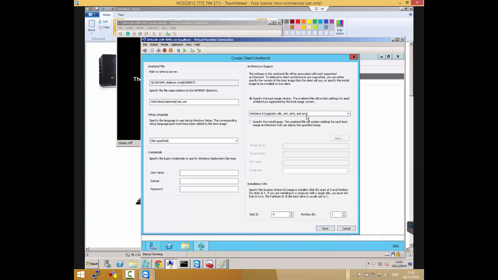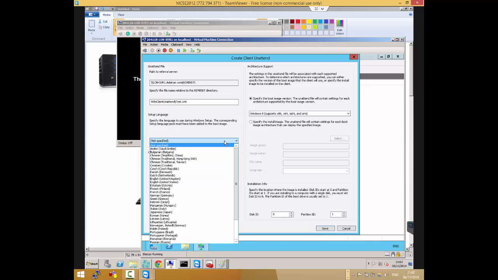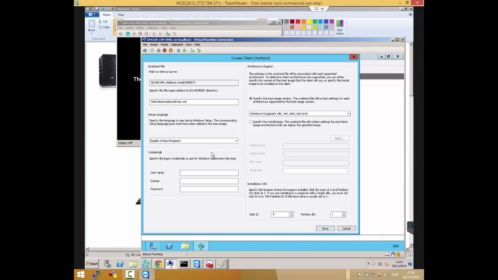So for example, I can go to this one, setup language. All these things about which language you want to install, which keyboard you want to install. You get the point. So this part, this Windows, is where I can create the unattended file. You can create one here, but you still need to edit it properly.